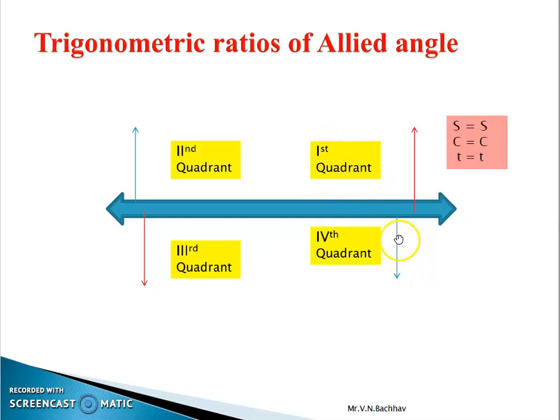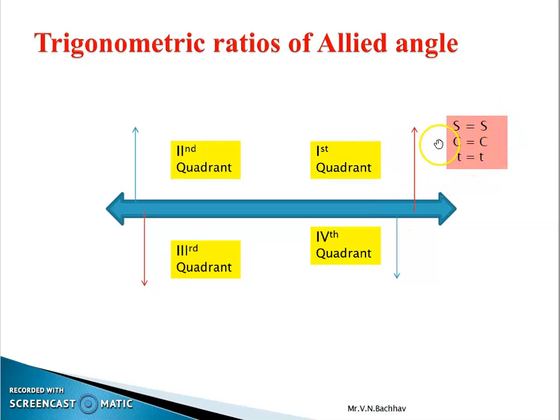0 minus theta or 360 minus theta, that means theta lies in the fourth quadrant. 180 minus theta, that means theta is present in the second quadrant. 180 plus theta, that means theta is present in the third quadrant. Then if we get this type of situation, that means theta lies in the first quadrant, meaning 0 plus theta,